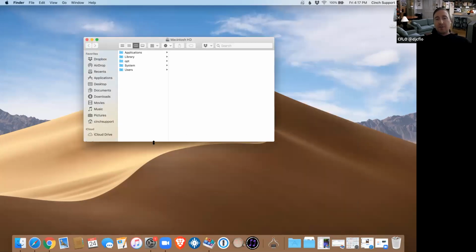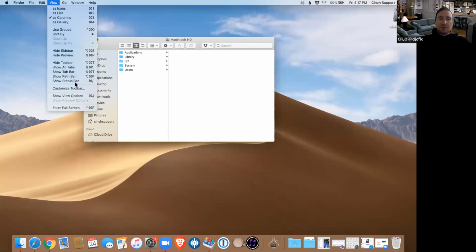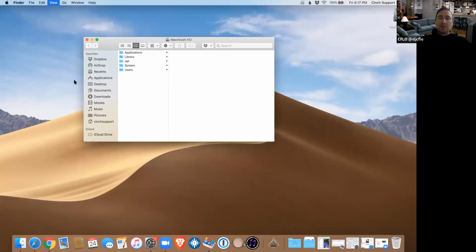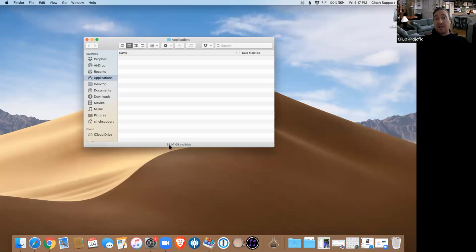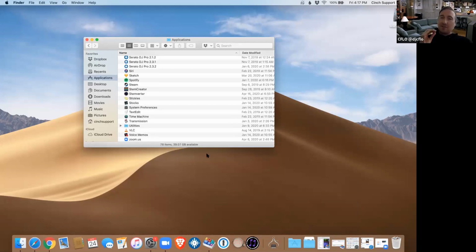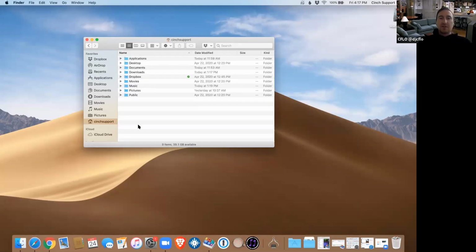The other thing I do is I want to see the size of my hard drive and how much room I have left. So I go to View, Show Status Bar. And this will allow me anywhere I am on my computer to see how much room I have left. These are super easy things that will help me get around. I can go to my user folder, I can go to my music folder, and I see a lot of people missing this stuff when I've been zooming into theirs. Very easy fix, should really help with your life as far as moving around.